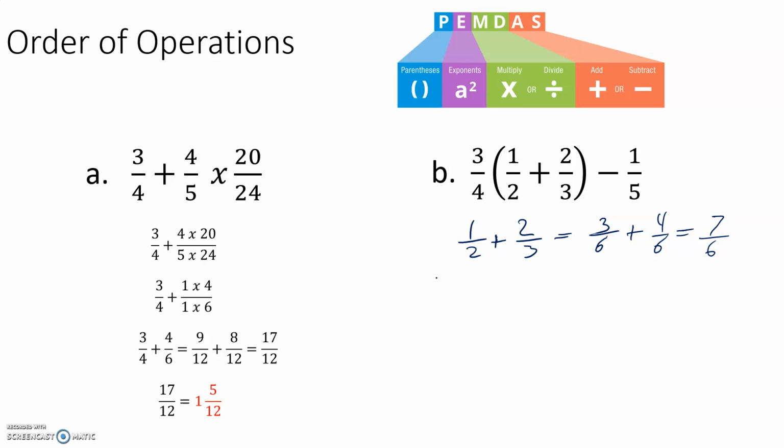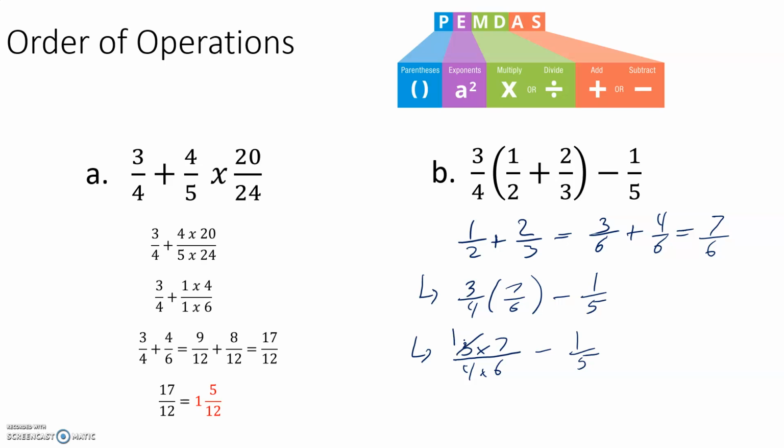So now my problem becomes 3/4 times 7/6 minus 1/5. And that just means multiplication. So I can do 3 times 7 over 4 times 6 minus 1/5. I cross cancel. That's 1. That's 2. I can't cross cancel 7 and 4. And so that becomes 7/8